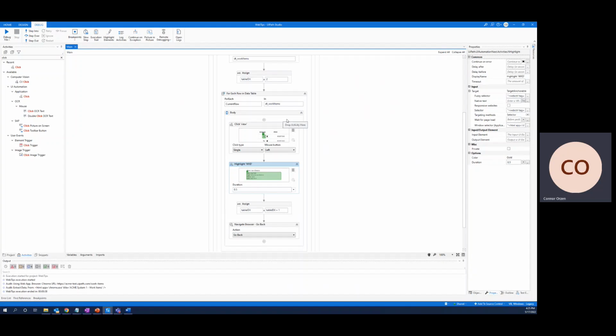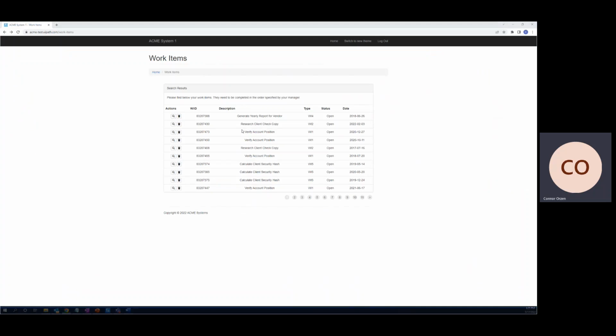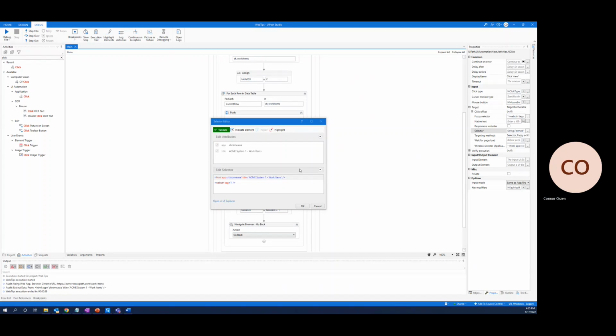Great, so finished executing. That is the advantage of a dynamic variable. So we had 1 click activity and it worked for 10 rows. And that's all thanks to inputting this dynamic variable right here. If we were to not use a dynamic variable here, we'd have a lot of issues because we would select this. And if we go into UI Explorer,